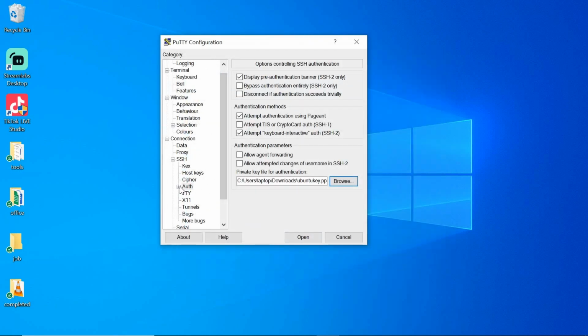So in some cases, you may see two options here, GSSAPI and credentials. So in that case, you just select credentials so that you can see the option to browse and upload. Because if you don't do it, you will not be able to upload just by clicking the auth. So from here, I will click open,